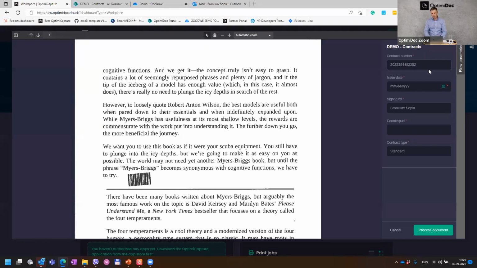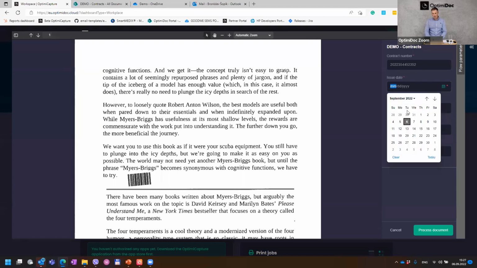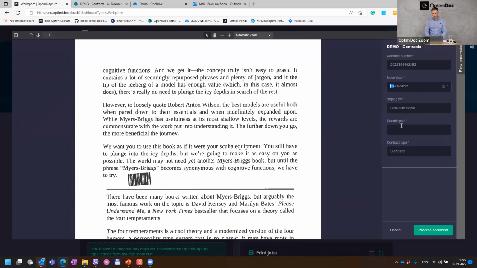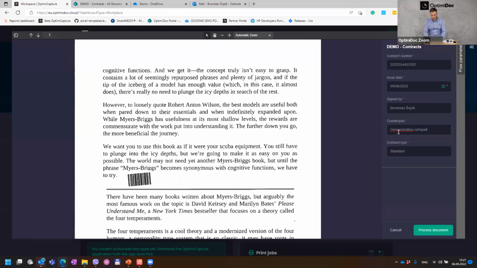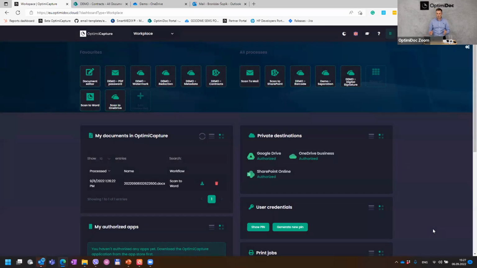So I'm going to write the contract number. I'm going to fill the date, fill the company, and select the contract. It's a custom contract, and just process the document. And that's all. I just submit the document, and on the background, the system automatically